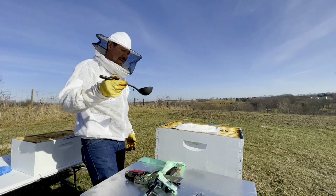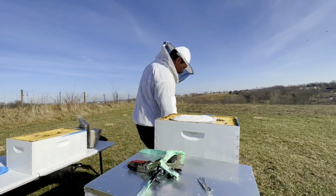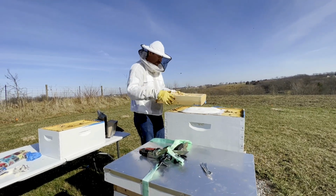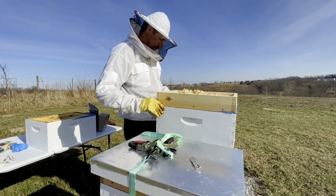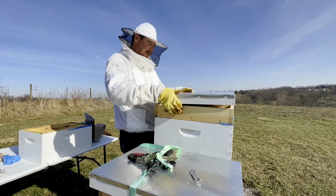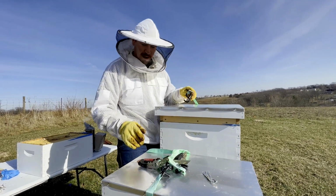Got all the neighbor kids stung. All right, so we'll seal this one back up. So 1 for 4 this year, it looks like. If we're lucky, 2 for 4, but